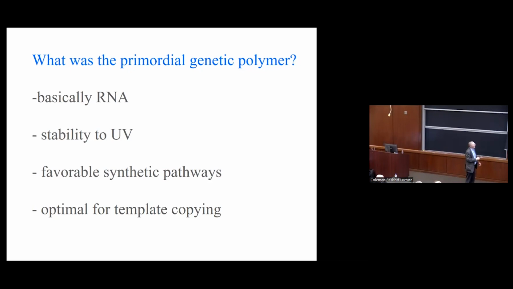There are other steps on the pathway that also contribute to this. So a lot of variant nucleotides get filtered out by UV irradiation. So the early Earth, no oxygen, no ozone layer, intense ultraviolet. It's actually needed to drive synthetic chemistry, but it also helps to get rid of a lot of stuff that you don't want, destroyed by UV. Of course, the synthesis also matters.